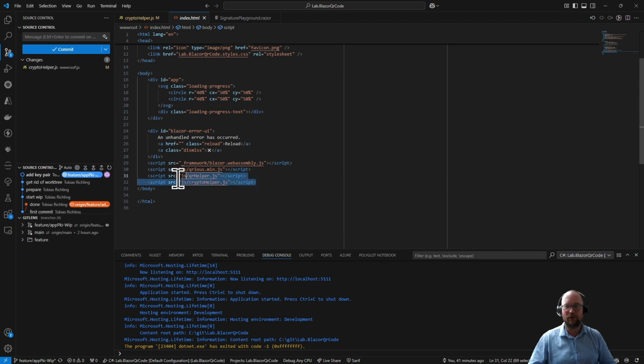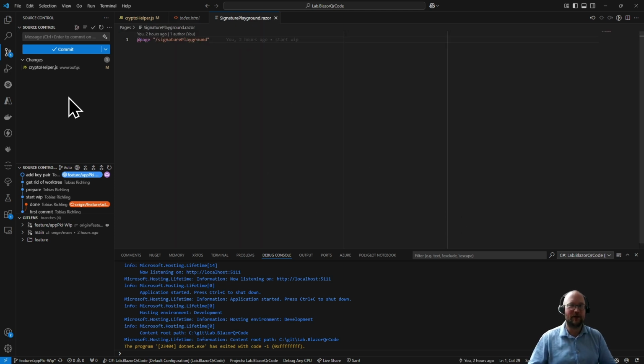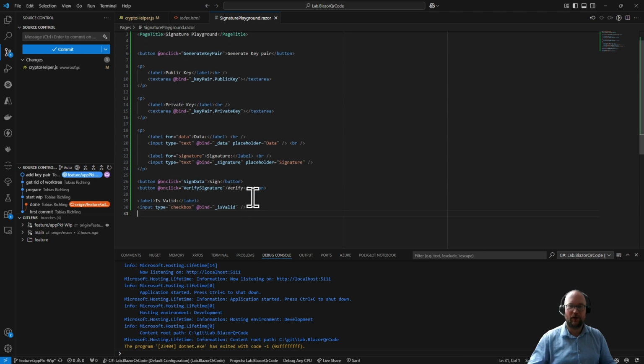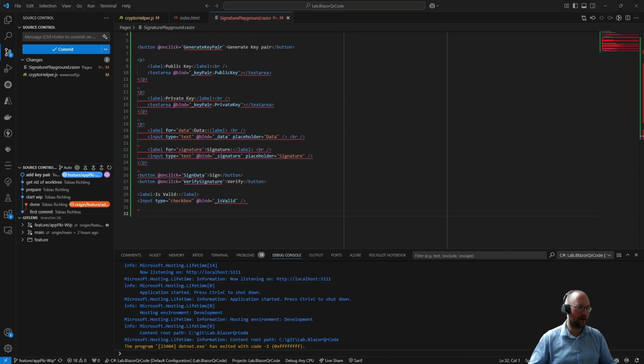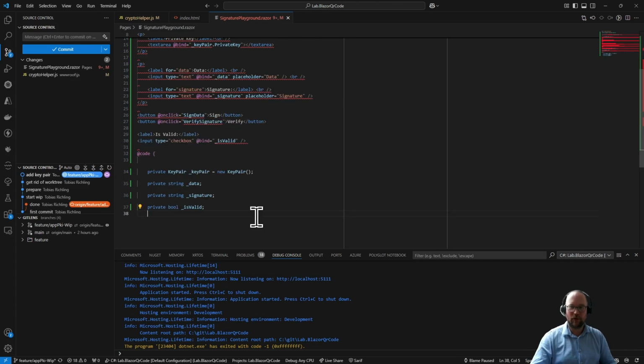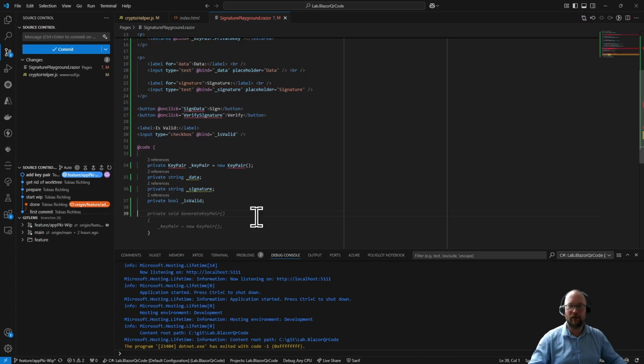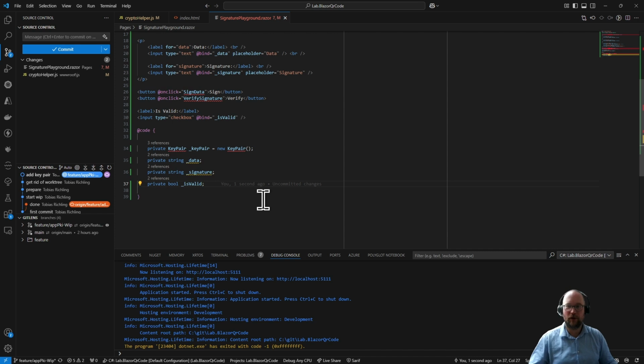For sure, we have to add the script to our index.html so it's properly loaded. And the rest is Blazor then. And in order to spare me some typing, I'm going to copy and paste a lot of things again. For sure, I'm going to copy and paste the whole HTML structure. I'm going to detail this in a second. And in order to get rid of the red squigglies, I'm going to paste in a code block that contains